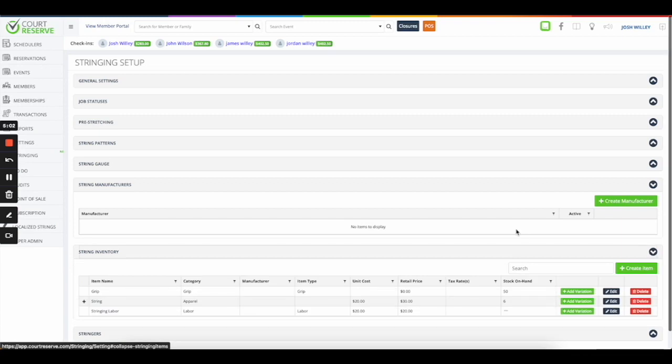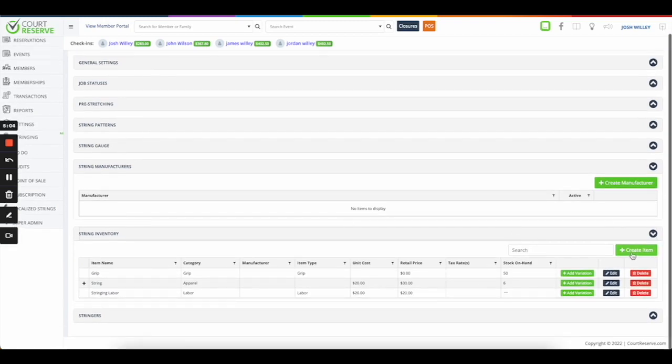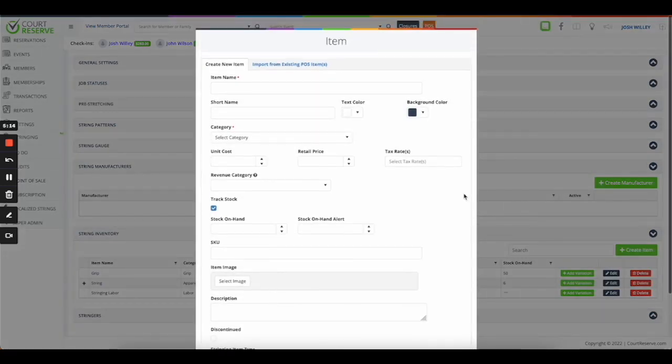So now when we get to the string inventory, this is where you can either create items that are only in the stringing module, or you can import items that are also in the point of sale page. So if we go to create item, it's going to look pretty similar to that point of sale create item page. Item name, short name,